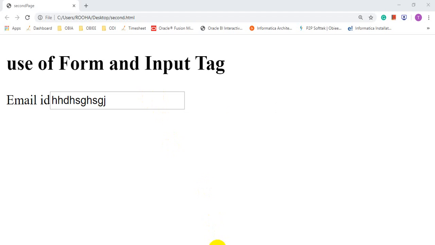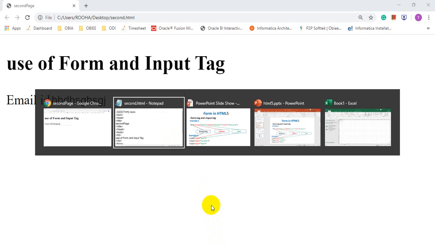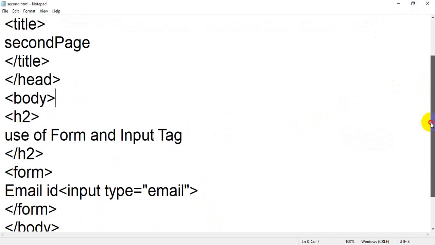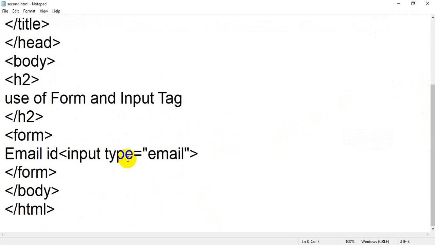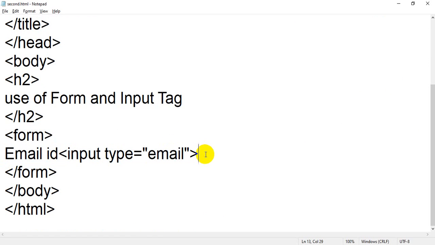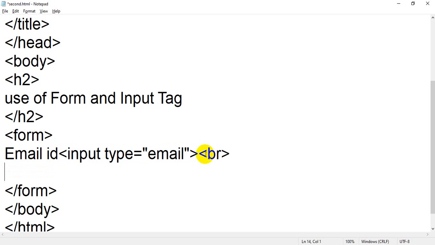Okay, now back to your code, that is your HTML file. Now we are going to add one more thing. Okay, we have inserted email ID, this one. Now we get one box. Again I am going to add br tag. What is the use of br? You already know, it will add one more line, or it will break the line, will add one blank line. So I am going to add password. So just before that I am going to write password.